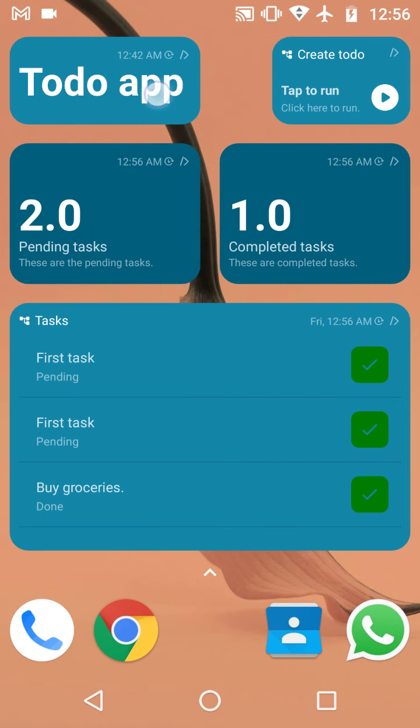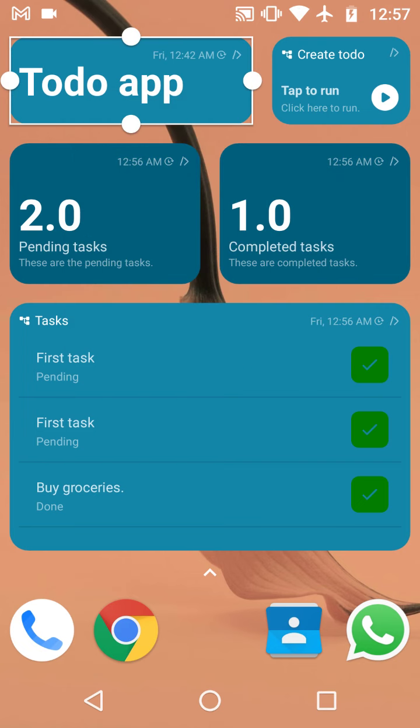Let's change the layout a little bit. Okay, so let's test the complete functionality. Just to summarize before trying it out, we created the first flow to create a to-do note. Then we created the second flow to create this list, and then we created the third flow to add a click listener to the list item so that we can change the status of the task. And then we came back to the second flow and we added some additional widgets to keep track of how many pending or completed tasks are there. So let's test it out once.